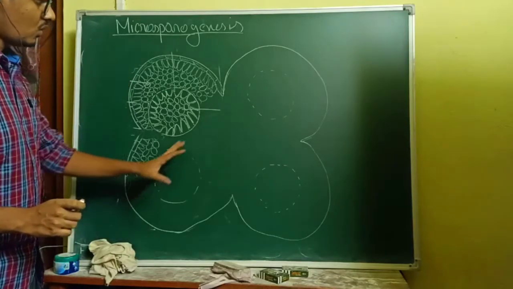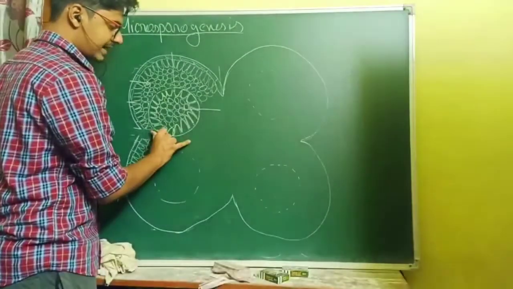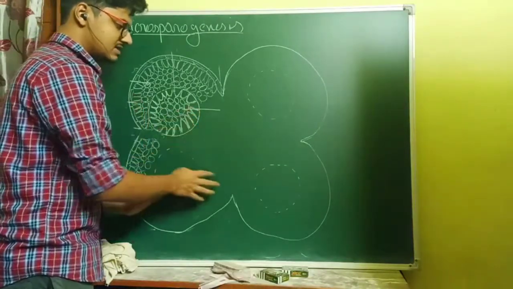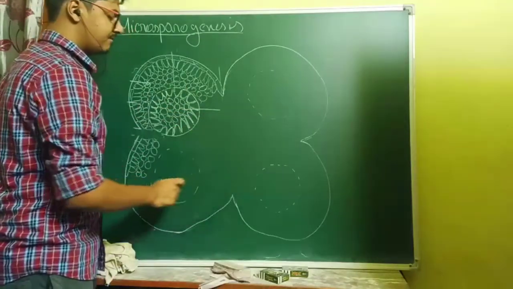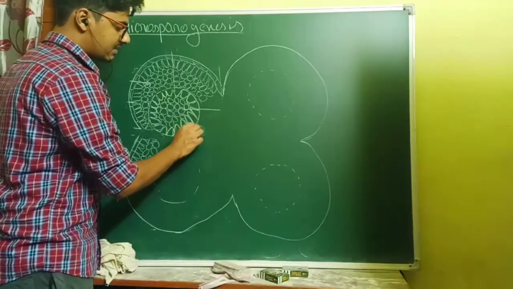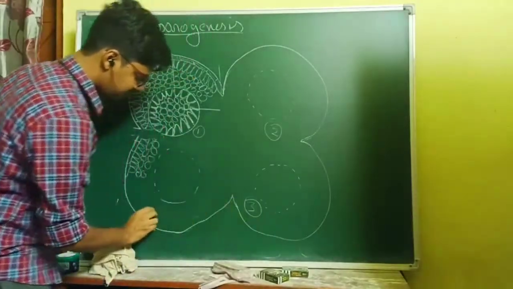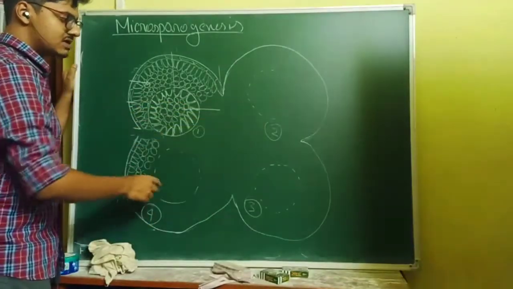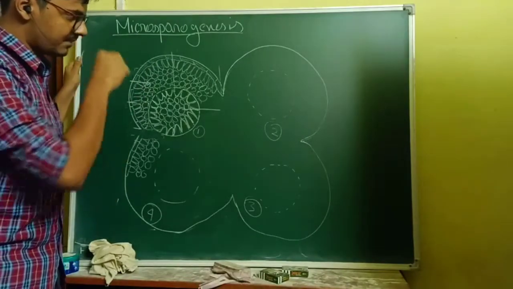Look, when the anther is young, all the microsporangium, this structure we called microsporangium, no? All the microsporangium look like this. As they mature, changes start to come. Suppose this is our stage 1. Stage 2 will be drawn here. Stage 3 will be drawn here. And stage 4 will be drawn here. In these 4 stages, we will try to understand how the process of microsporogenesis takes place.